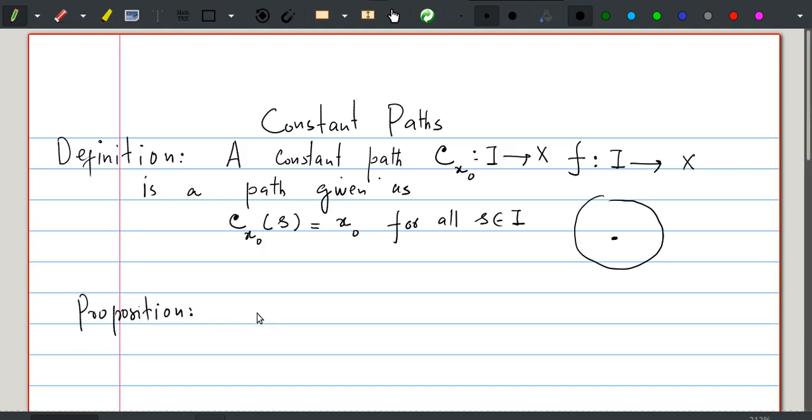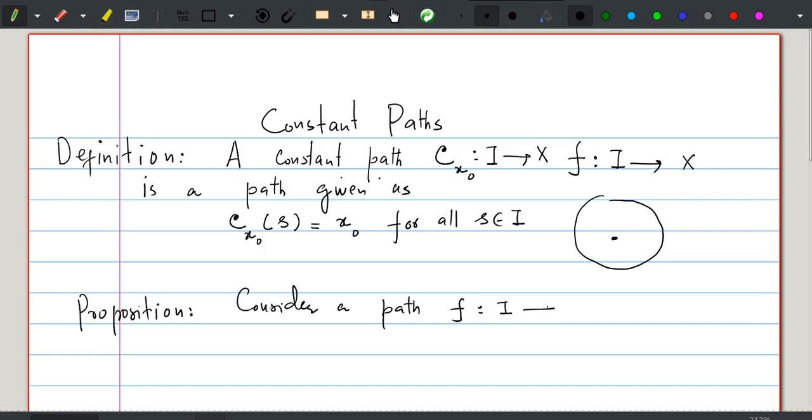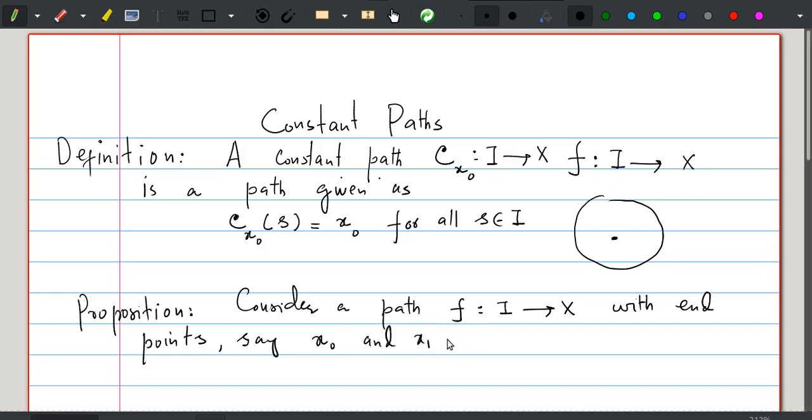Consider a path f in space X with endpoints, say, x naught and x1. Then we have: